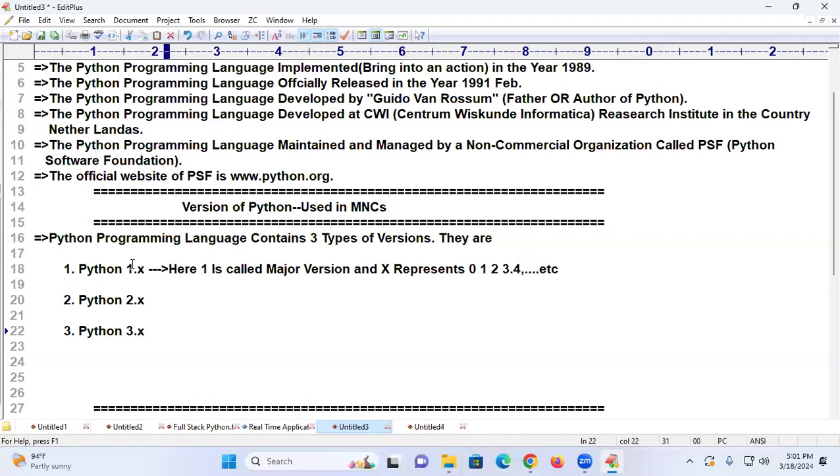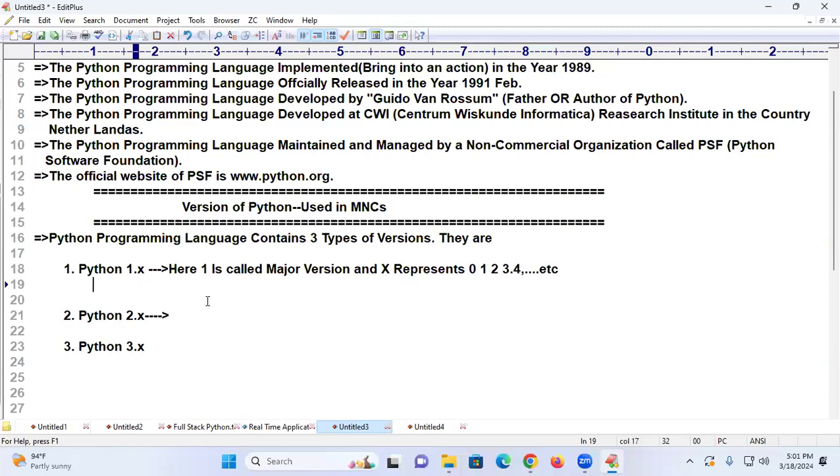Good. Actually, before 1.x there was one more version available, but I'm not going back to that. Now, Python 1.x was already outdated.